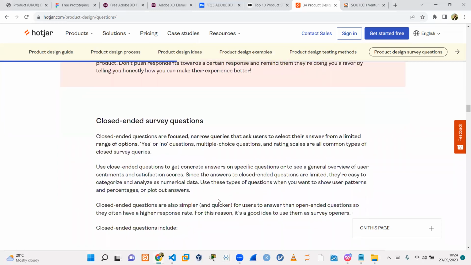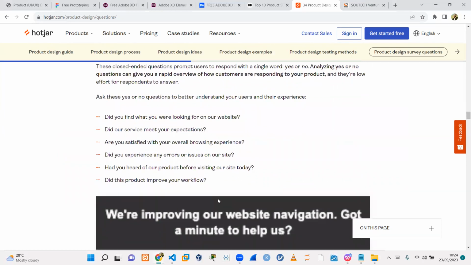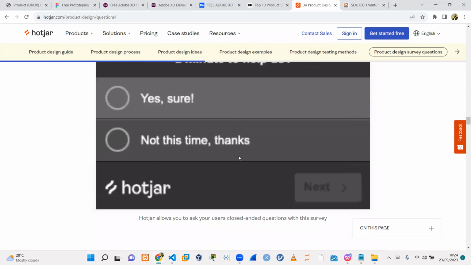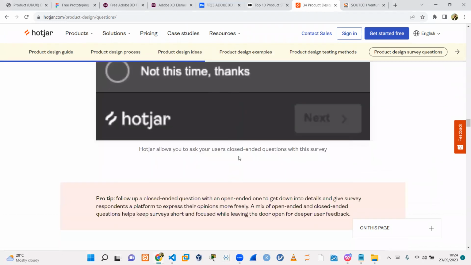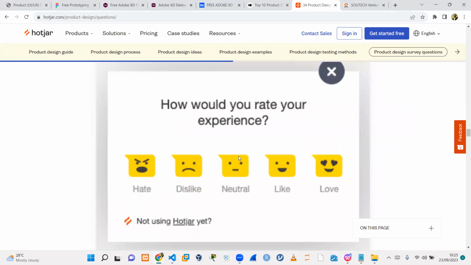You can have close-ended questions. Your close-ended questions are going to be like a questionnaire format. Have you heard of our product before visiting our site today? So that one, you're going to have options, right? You're going to have options. Then you have ordinal scaled questions where you have a rank. Things like in terms of experience, at times we call this Likert scale. Hate, dislike, neutral, like, love, or agrees, strongly agree,